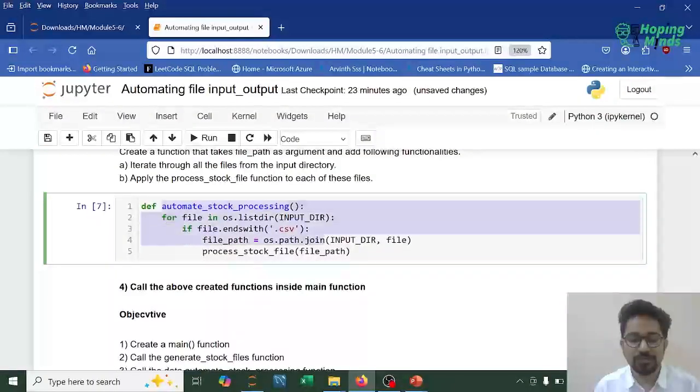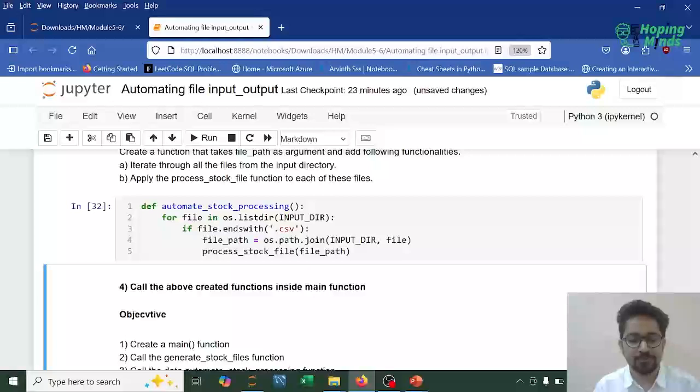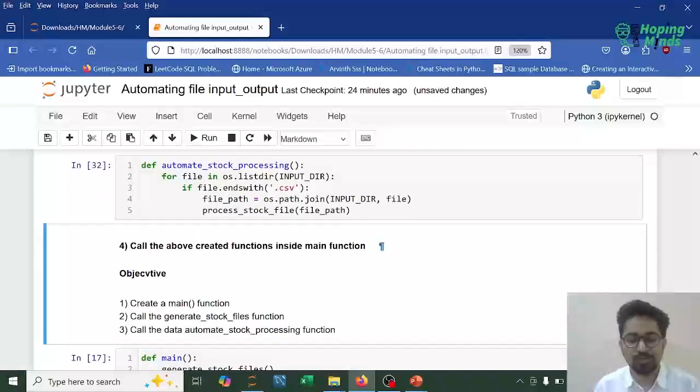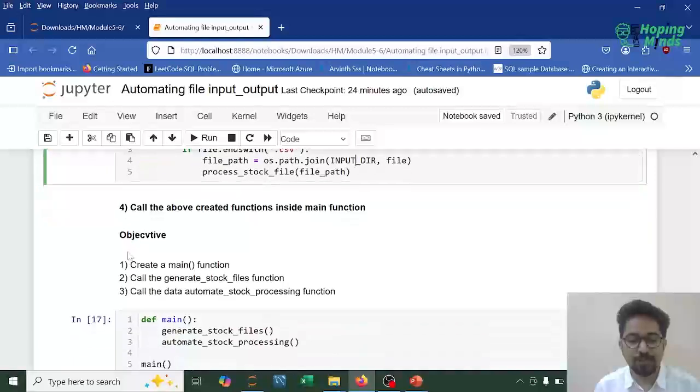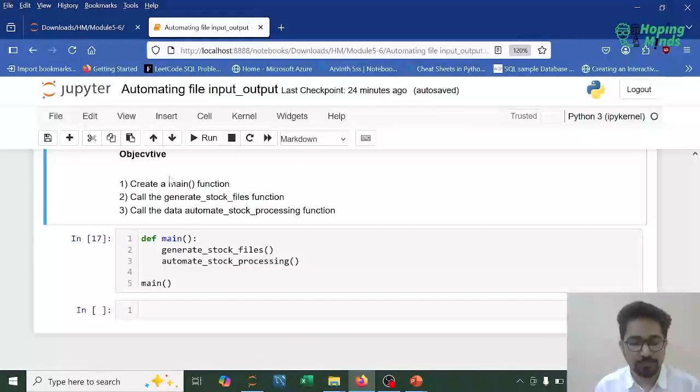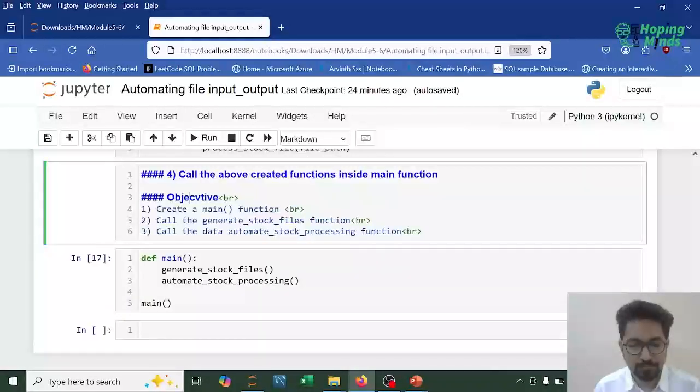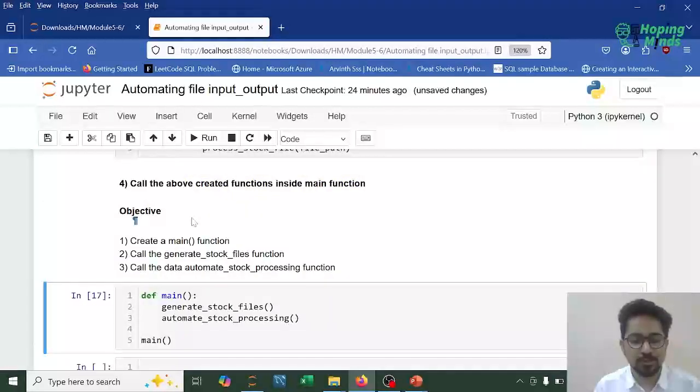This is the third function which automates the stock processing, right? So I've called this as well. Now the fourth function would be to call the above created functions inside the main function. So the objective over here is to